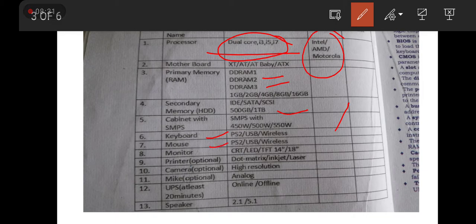you can have USB or wireless mouse and wireless keyboard. USB in the sense that the pin or plug of the keyboard or mouse is connected to the CPU through the USB port. And wireless in the sense there is no need of wires or physical connection of the keyboard or mouse to the CPU.